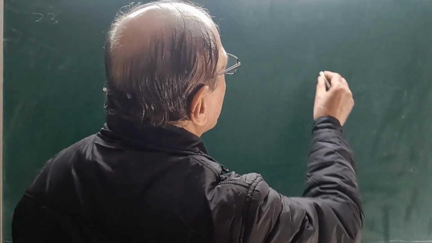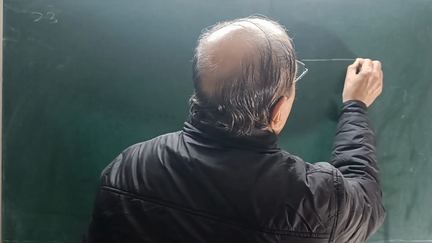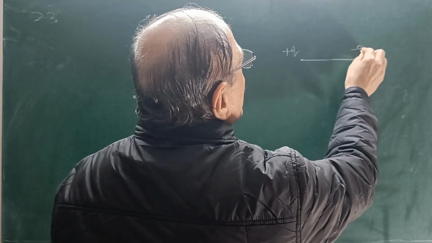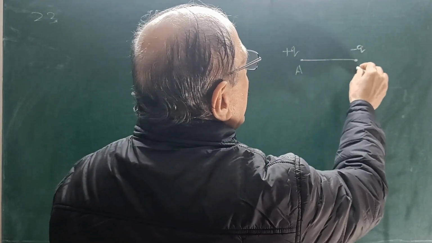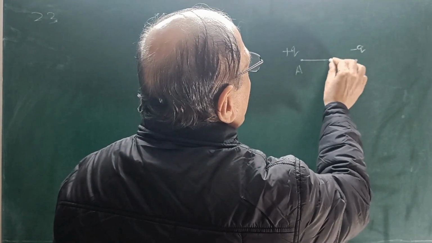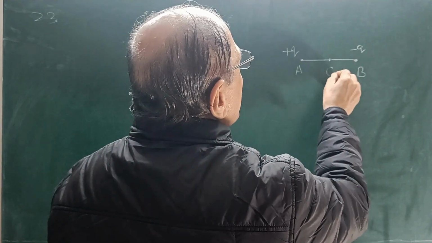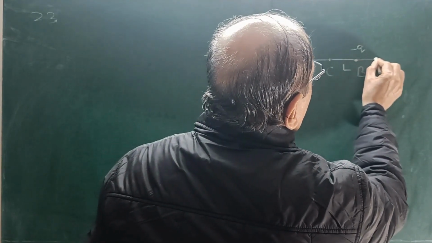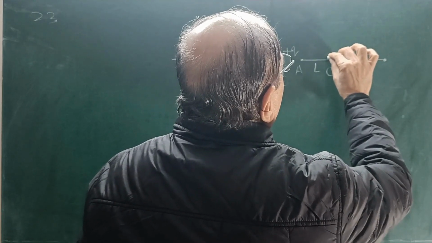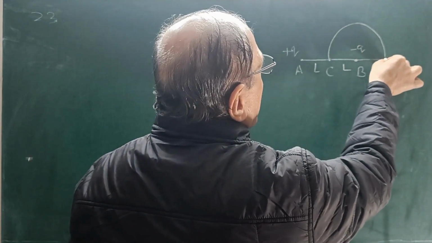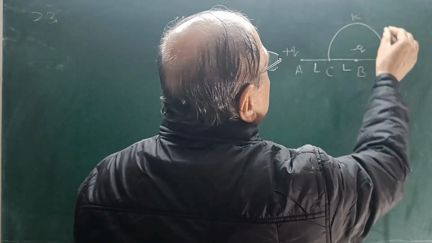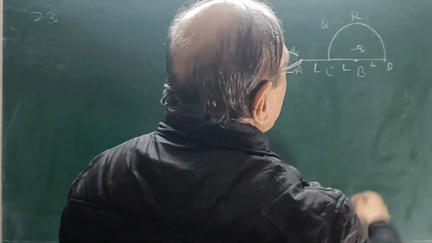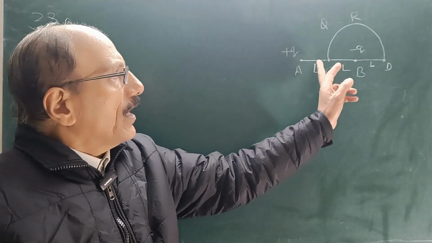So here we have two charges plus Q and minus Q at A and B. These are 2L apart. So here it is C, which is midway. So this will be L, this will be L, and a D point is there. This is a semicircle CRD. So this is also L. So we have to find the work done in transferring a charge q along the path